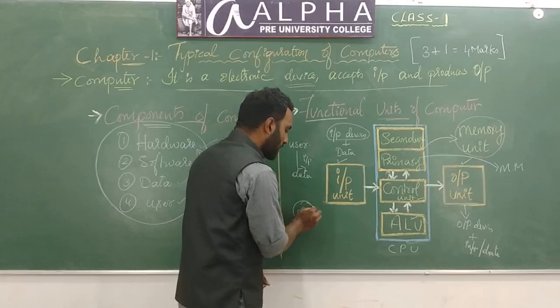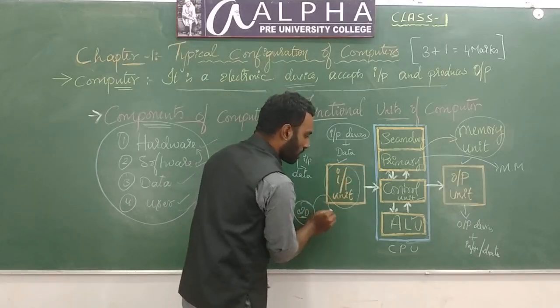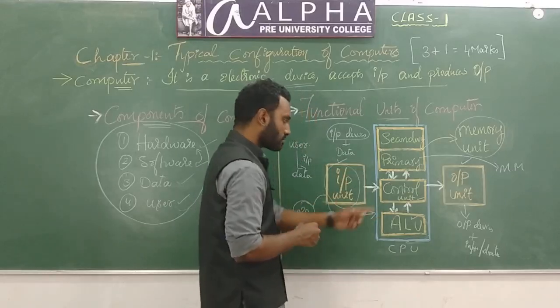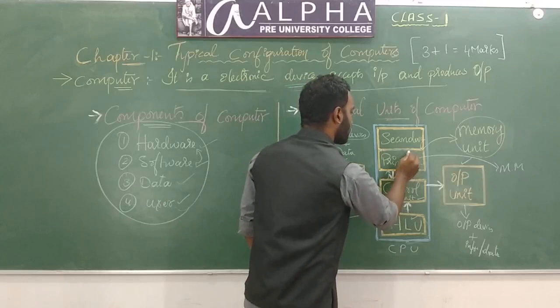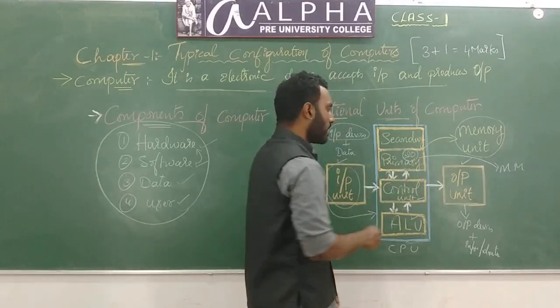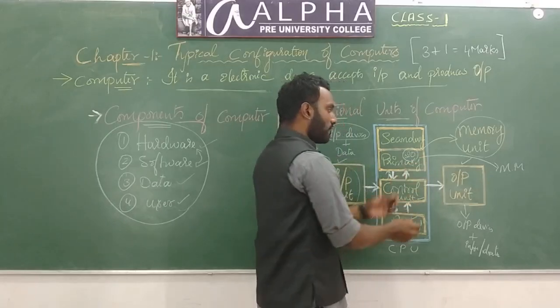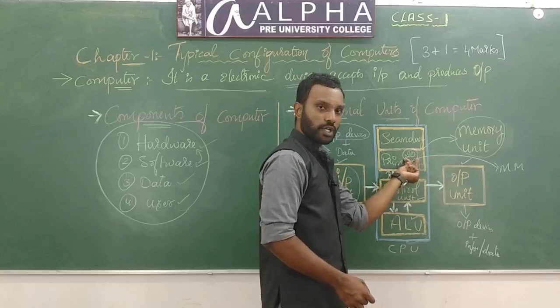When I give this 20 using the input unit to the CPU, the control unit takes the number and stores it in the memory. Fine. Now if I want to get the output for this particular number,